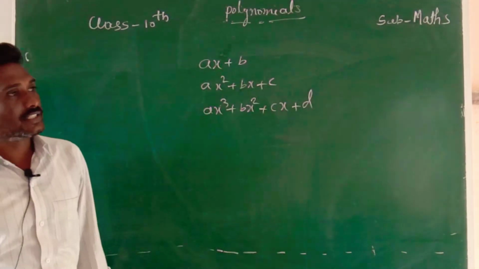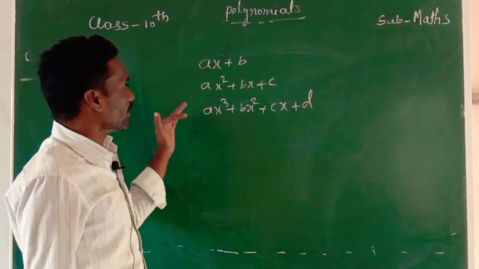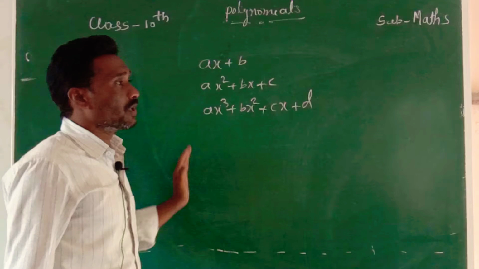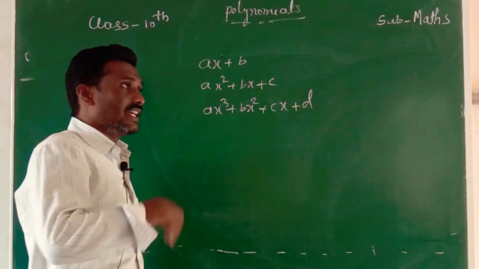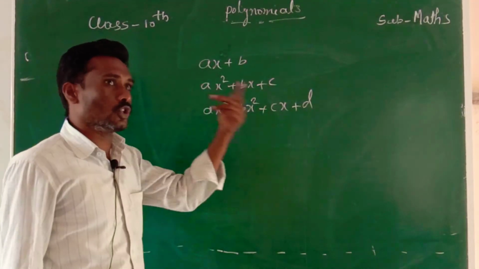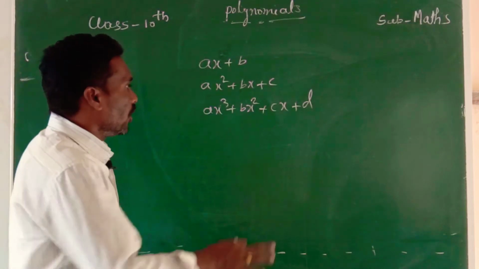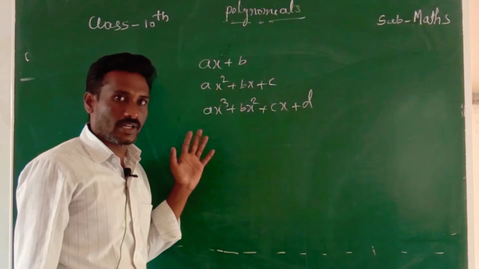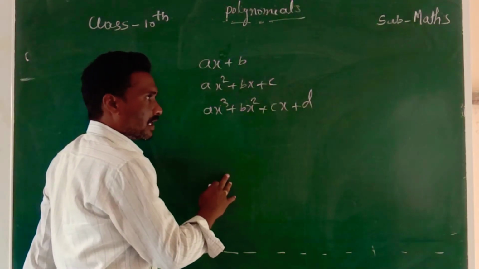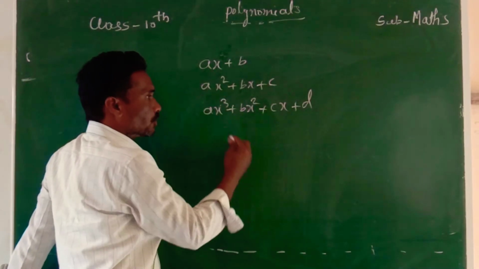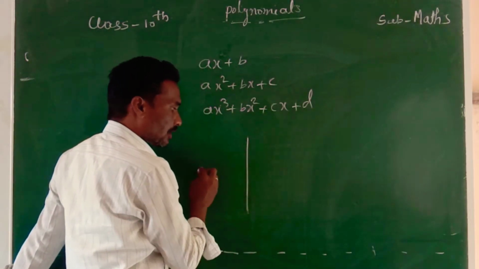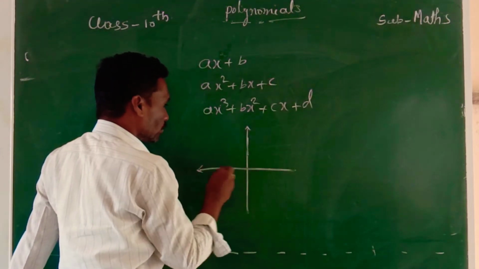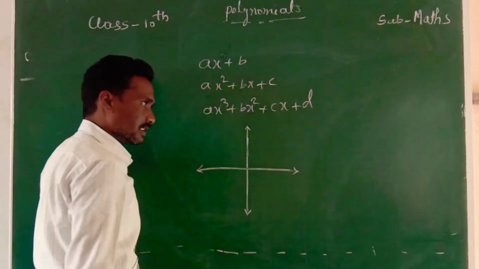And zeros of the polynomial. We can write this polynomial in terms of arithmetic, in algebra, and next we are going to see how we can represent it geometrically. In this, zeros of the polynomial will come. In 9th standard we already learned, and in the previous class also. But how to represent these zeros of the polynomial? By graphically also we decided and came to know. But in this class we are going to do some exercises based on this.